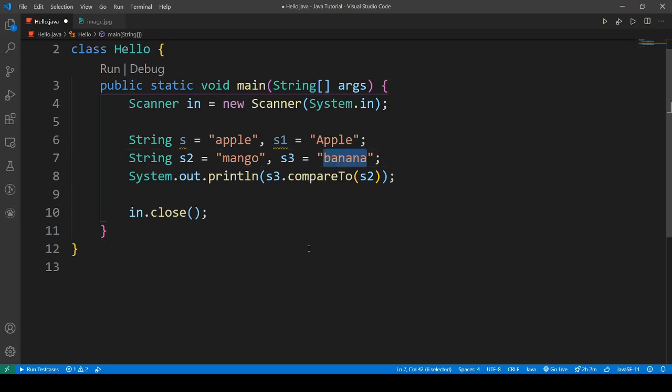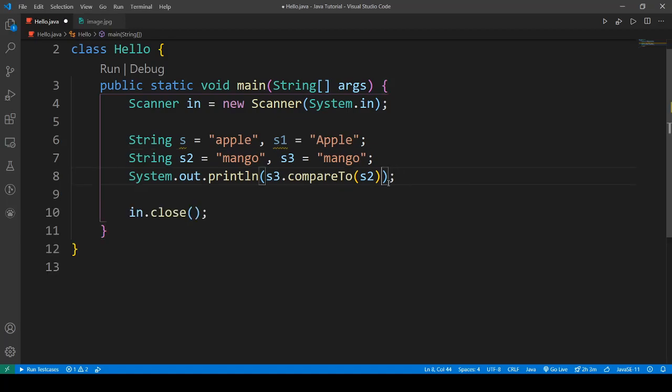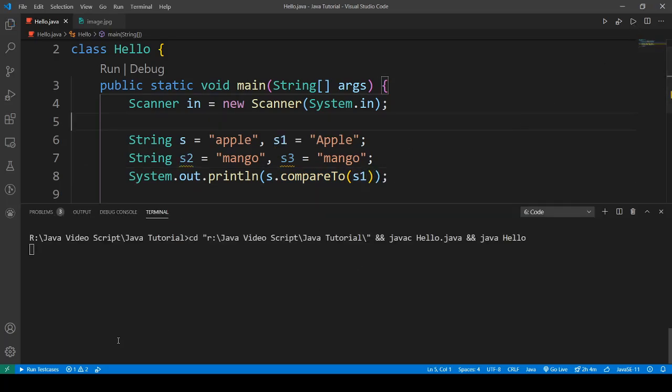And if we compare two strings that are equal, then we will get 0. Now let's compare S and S1 as well. Then we get 32, an integer greater than 0. So the integer we get is actually the difference between the ASCII values of those two characters.